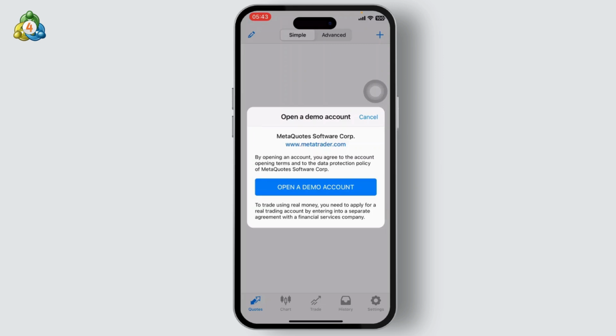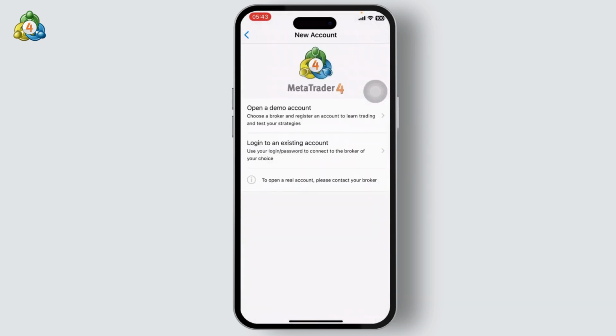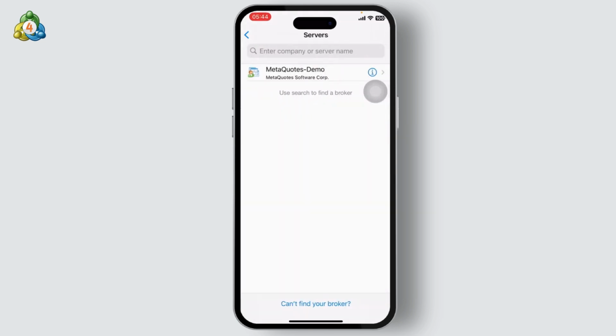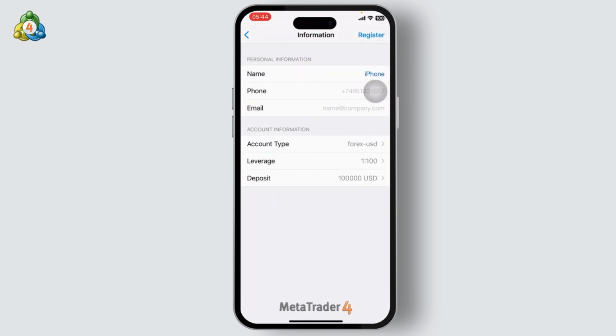Now if you do not get this pop-up, what you can do is you can simply tap on cancel, and even after you tap on cancel, you will again get redirected to a new account section where you can tap on open a demo account, and from here choose MetaQuotes demo, and here you can add in your phone number,